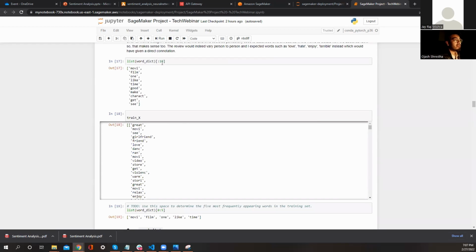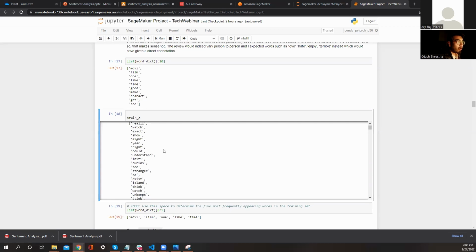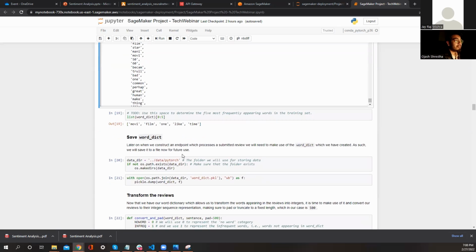So like the top 10, let's say the 10 data items are like these, right? And these are all of the words, you can see how huge this is. This is 5,000 words from all of the data set that we created the bag of words for, right? And if we see this over here, it's going to be huge, right? So 5,000 words from the data sets. And now we see how often all of these words are repeated, and we train our model, right? Now we list what the most common words are, right?